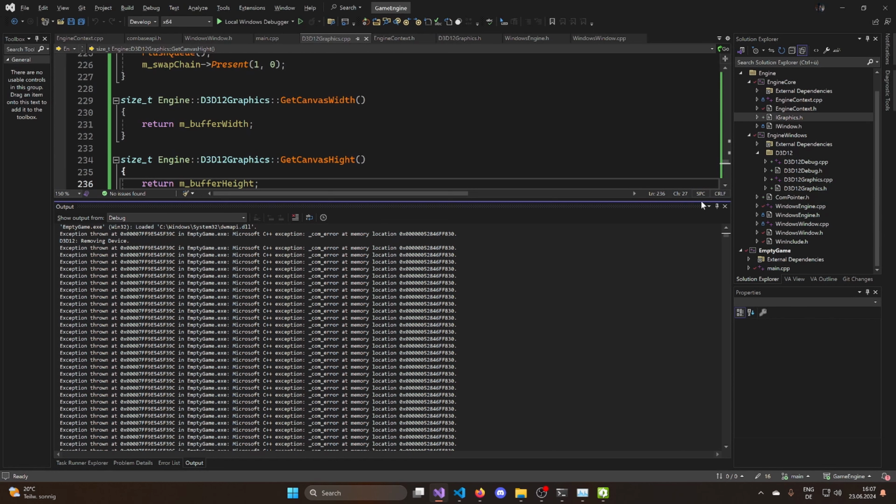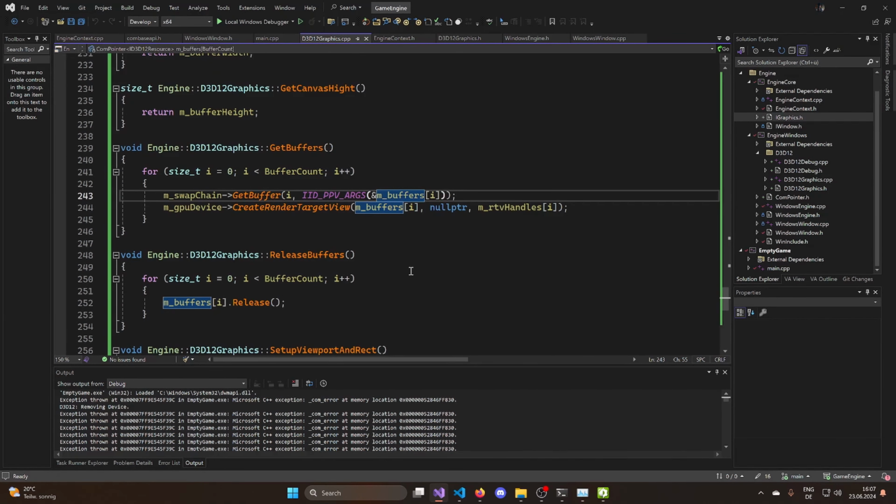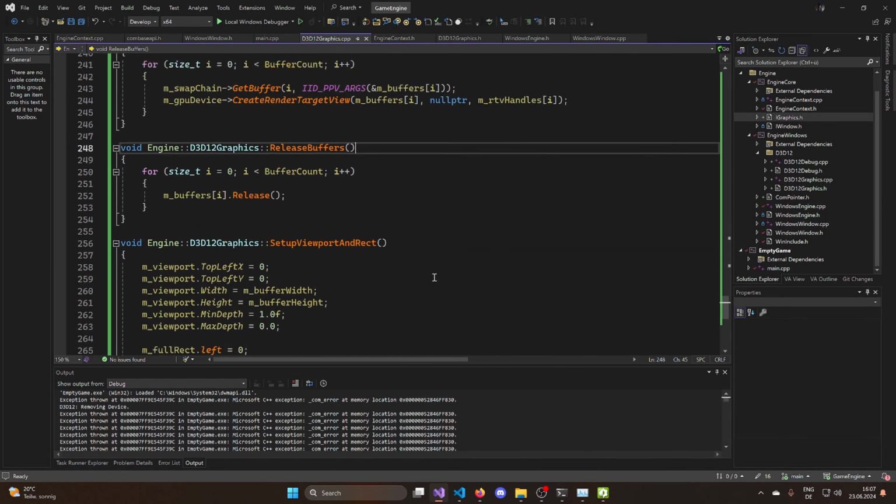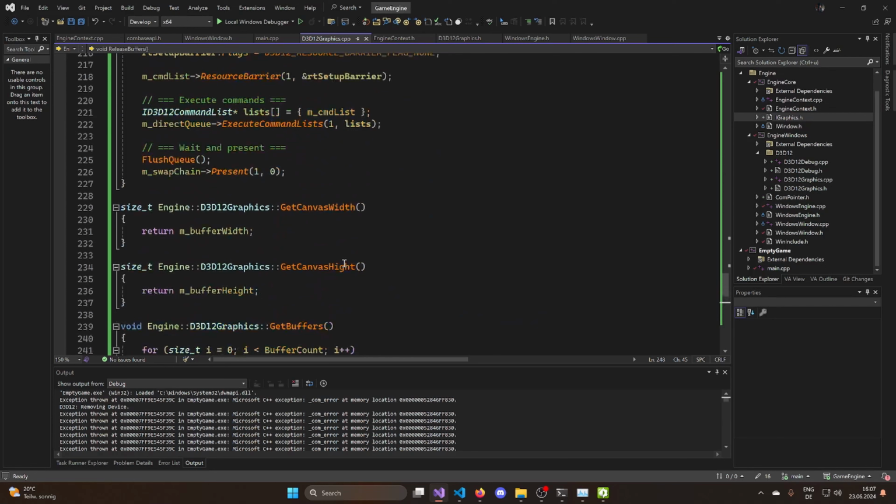Remove device is a really interesting thing. It basically means that the device was removed from the application. That's like a hard crash. It's a DirectX hard crash, and present would give you an error code so that your application can actually error out. But the problem is